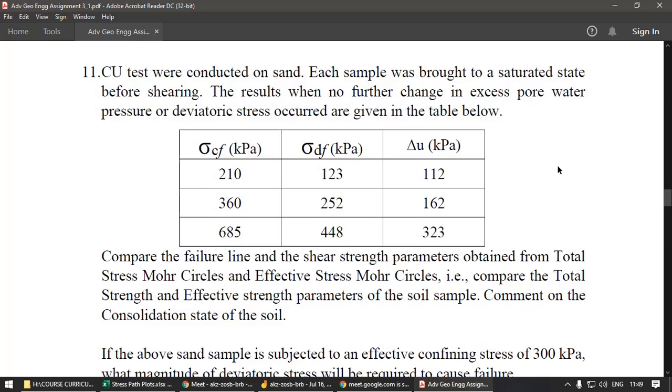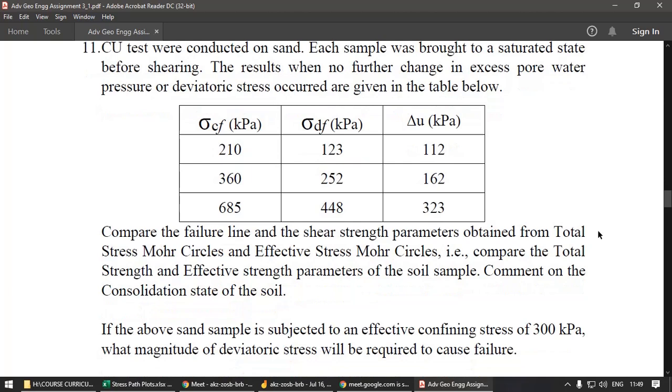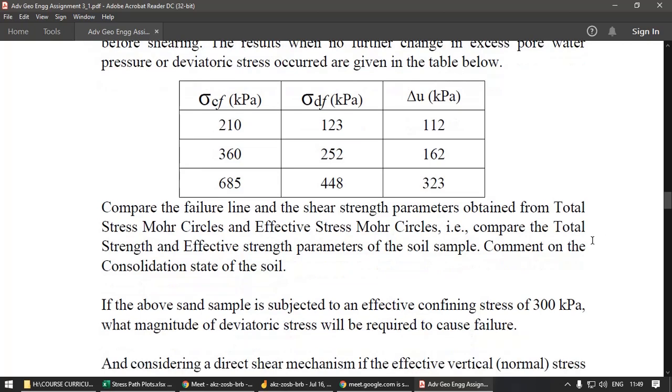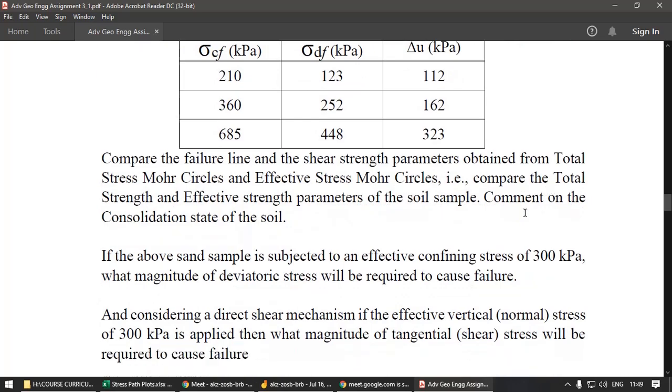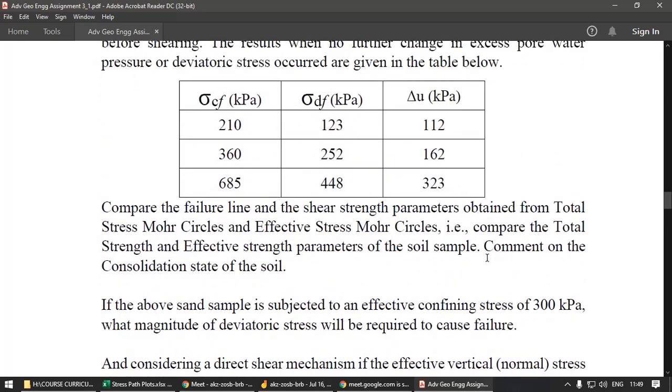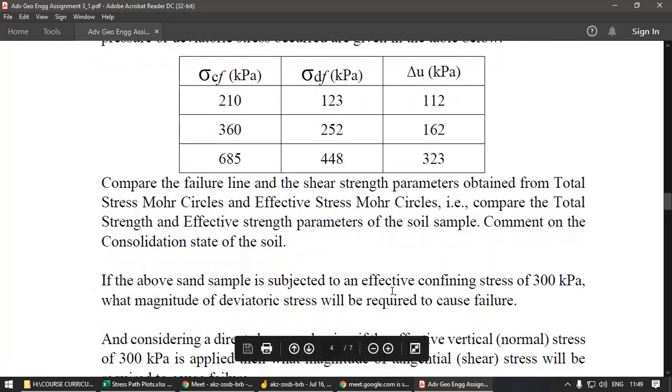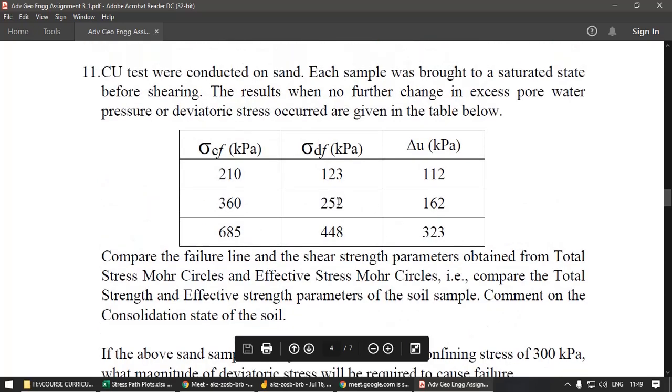ratio. So compare the failure line and the shear strength parameters obtained from total stress Mohr circle and effective stress Mohr circle. That is, compare the total strength and the effective strength parameters of the soil. Comment on the consolidation state of the soil. That is afterwards. First of all, let us plot it. And if the above sand sample is subjected to an effective confining stress, that is of course for you to find out. So we will try to just see how to find out the Mohr circle